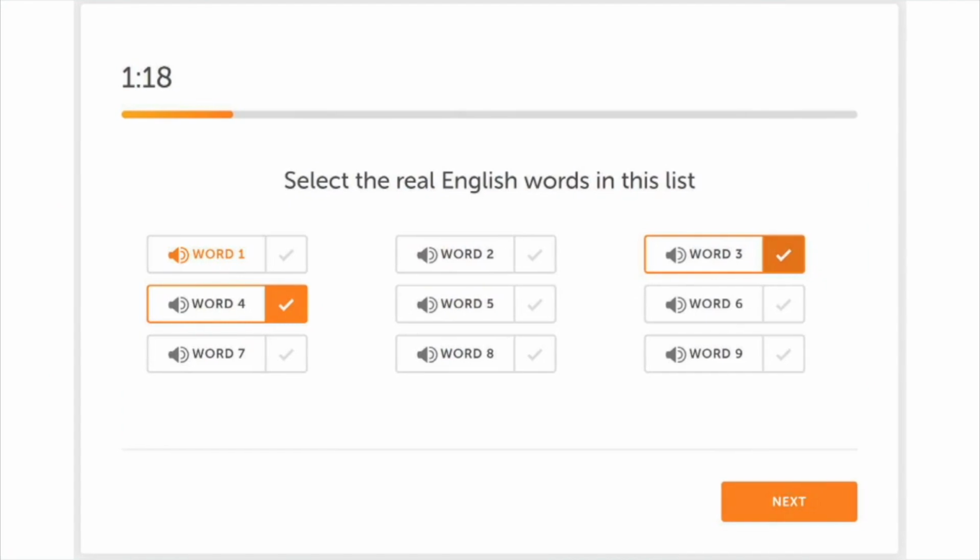Then the next part is something that will test not only your ability in terms of knowing the language, but also your ability to listen to and understand those words. You're presented with a set of words again, and whenever you click on the word, you'll hear the word spoken out. Once you hear the word, you'd have to decide if that word is an actual English word or not. So they're looking at your ability to listen and understand every syllable. So once you have decided that these are the words that are real English words, you select them and then